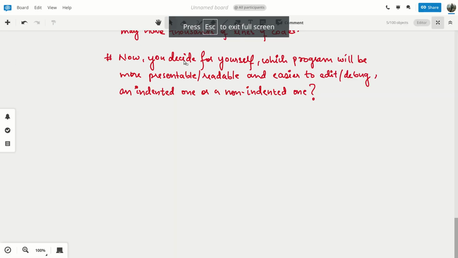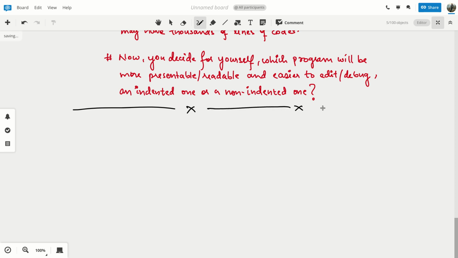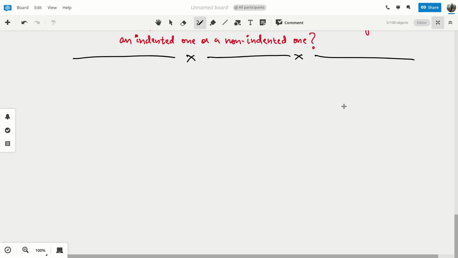I'll just write in rough first, and then we'll write the actual code and execute the program. Let's say first we'll try the simple interest one, finding simple interest.